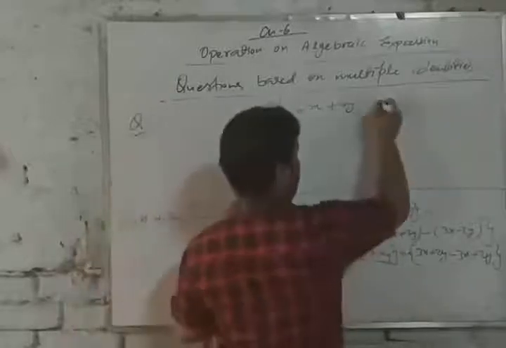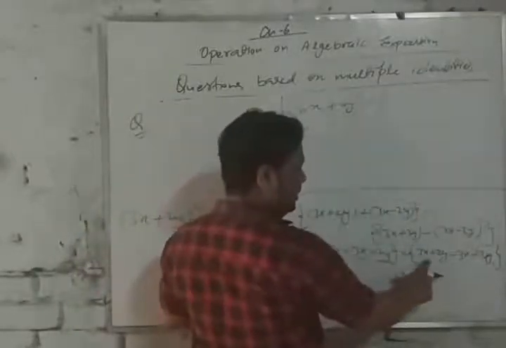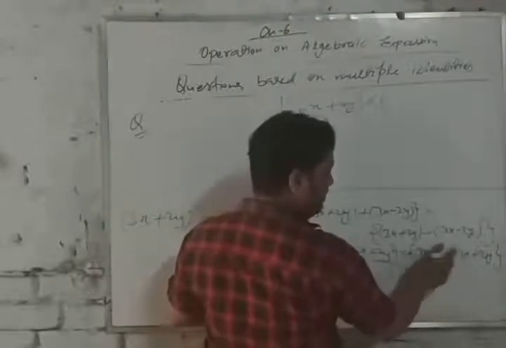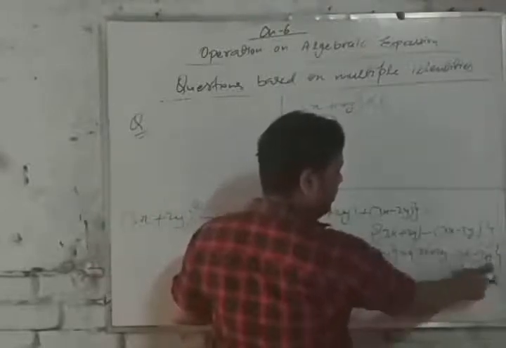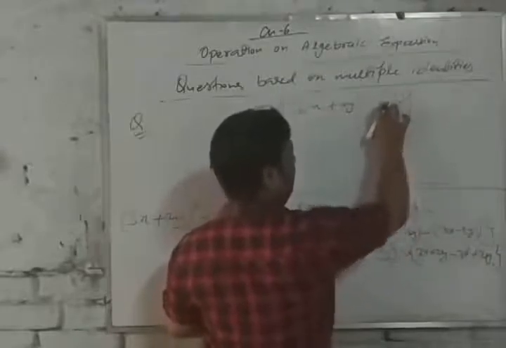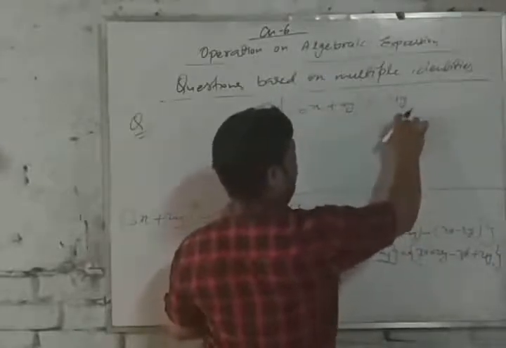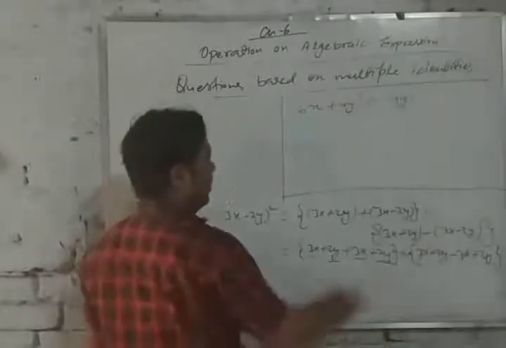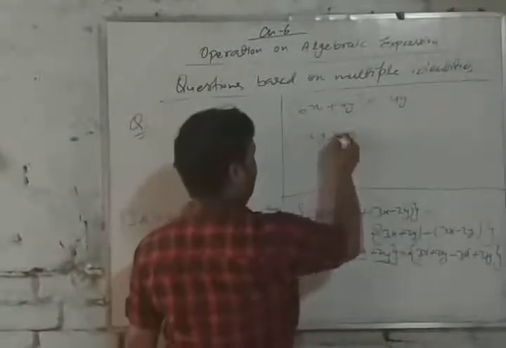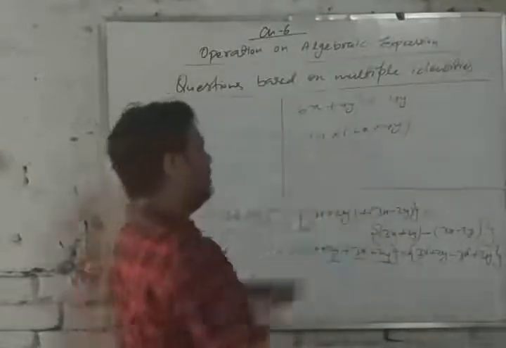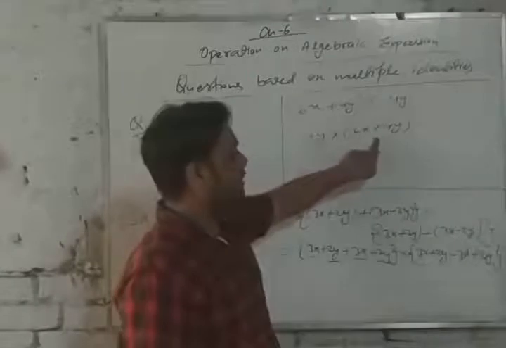Now here into sign. Now here 3x plus 2y, 3x plus 3x and minus 3x. One is plus and one is minus sign, that is cancelled out. And only 2y plus 2y, 4y. Okay, 4y, we cannot keep it in bracket if there is only one term and has plus sign only. Now it will be one is monomial and one is binomial. Then monomial will be written first and binomial second.